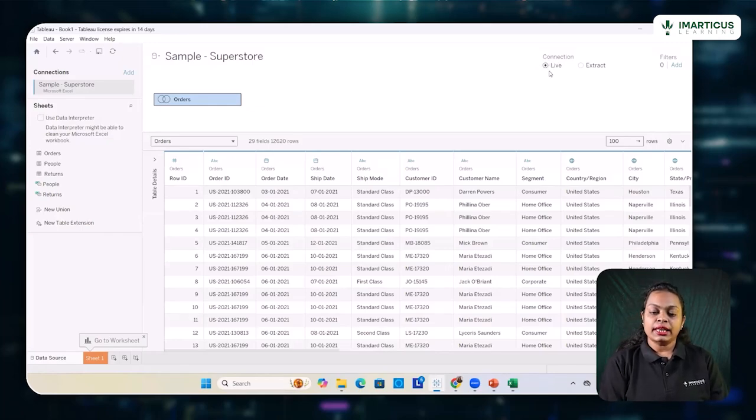However, the live connection slows down the Tableau environment a bit because it continuously keeps on looking for updates from the database server. That's where extract becomes a more useful option. Using the extract option,